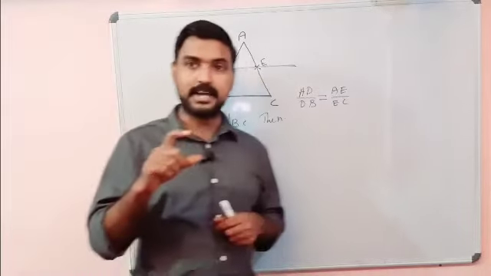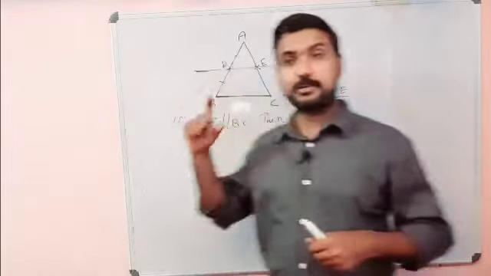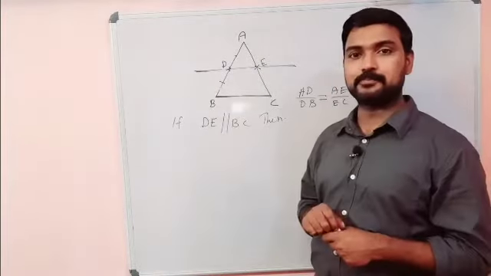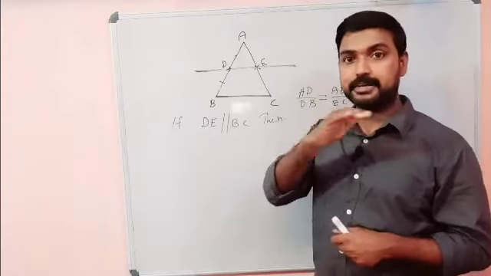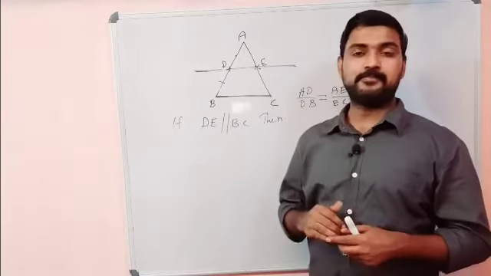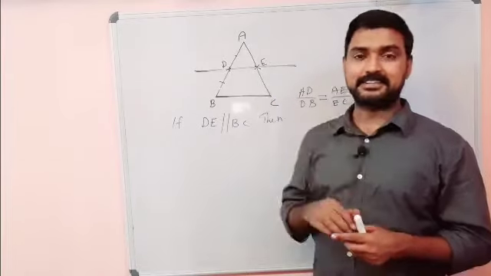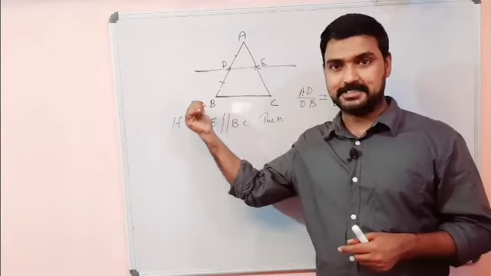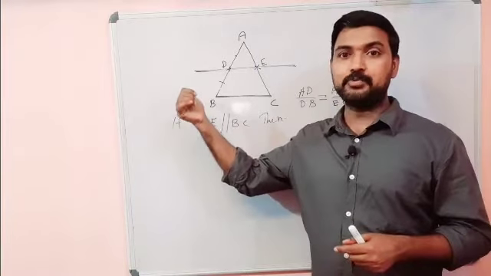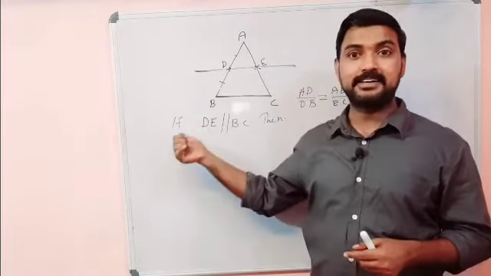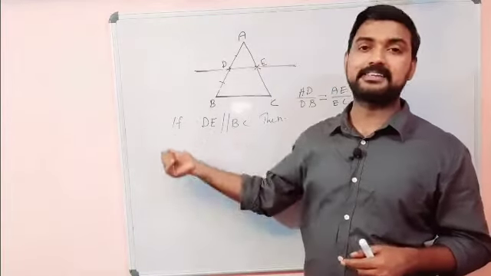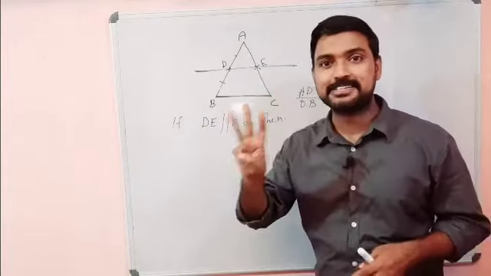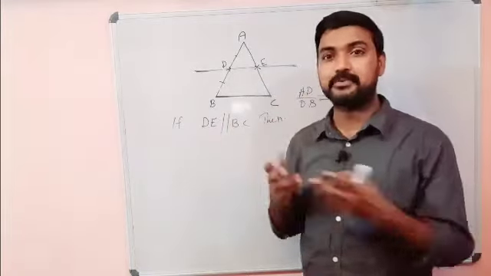So first of all, I said the theorem. Later I drew this picture. Later I gave the symbolical representation. So you have to think in your mind when I am reading the theorem, its word meaning. Later, according to the word meaning, you create suitable pictures. Based on the pictures, you identify the symbols A, B, D, E, C, and by using the symbols, you create the theorem. So three meanings are there. If you are able to identify these three meanings, you are able to learn this topic very easily.